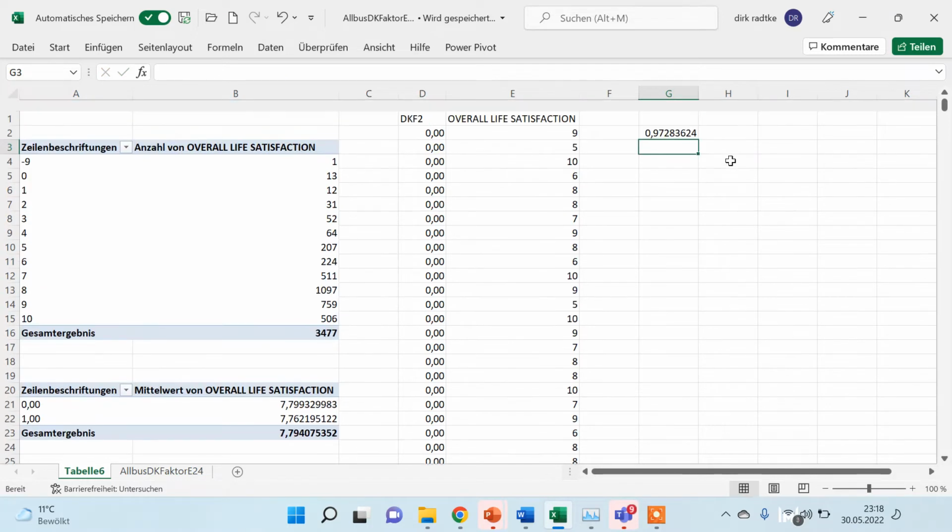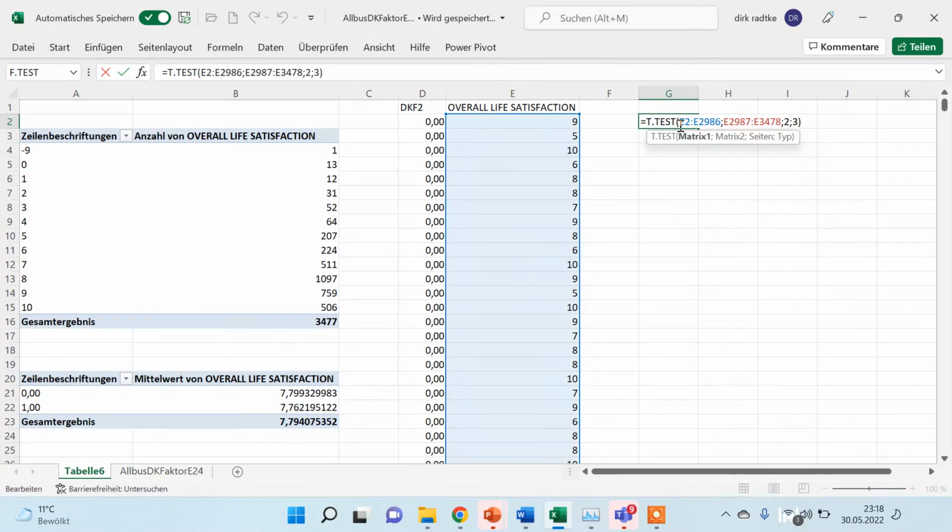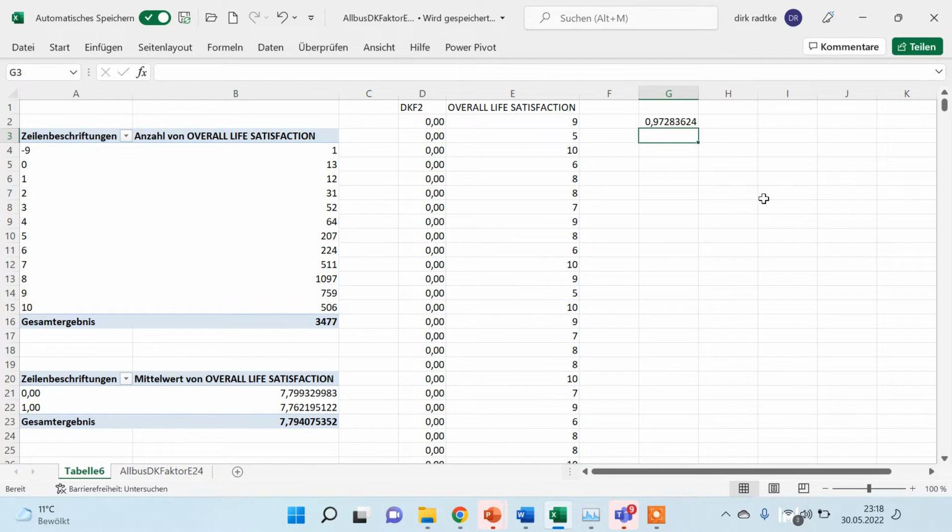and enter. And here we have a value for the t-value. And obviously what we can see is that it is bigger than 0.05. So therefore we cannot refute the null hypothesis. So we have not enough evidence to prove that this very little difference is really significant. So obviously my hypothesis that Dunning-Kruger cases are a little bit happier than not Dunning-Kruger cases is not true. So this is basically the